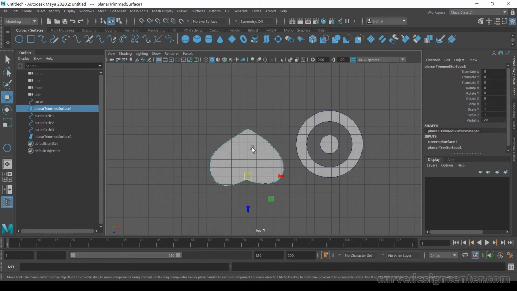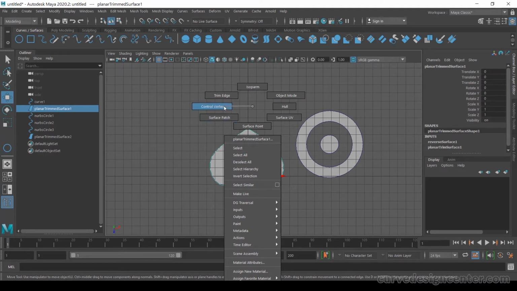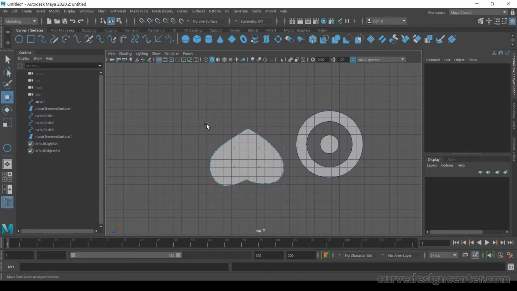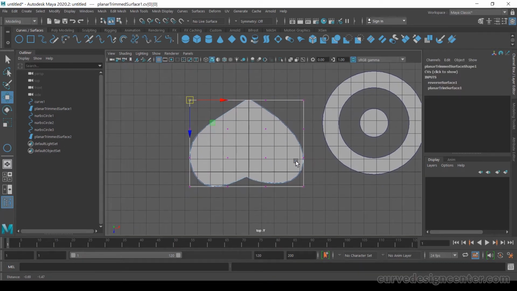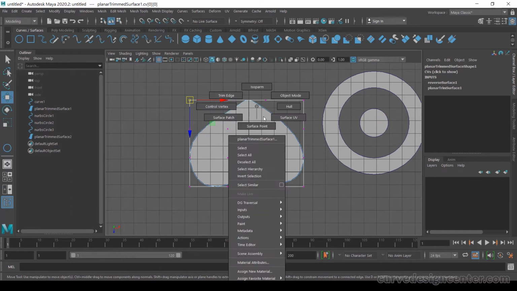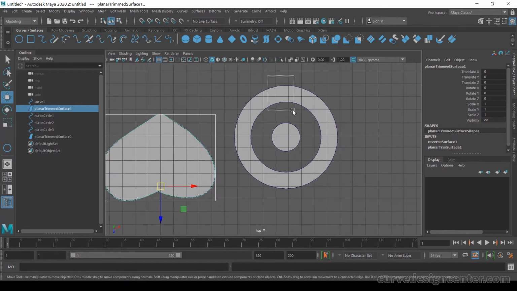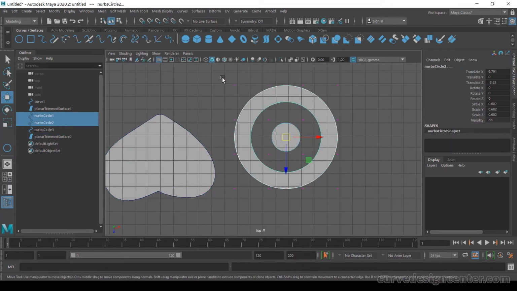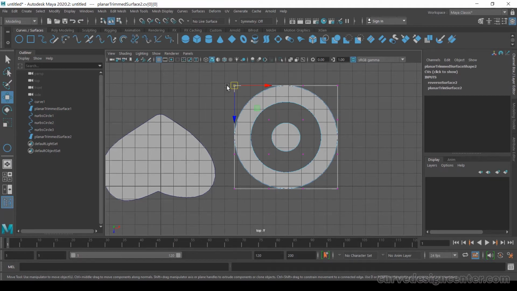If I select any shape and then go to control vertices by using the right click menu and then select these points, we can see a planar, and by using the planar tool, this plane is trimmed and the outside area of this curve is hidden. So the planar tool creates a mask based on this curve shape. Same in this shape, I select and then control vertices. So the same type of plane is here, and these areas are hidden by using the circle shapes.